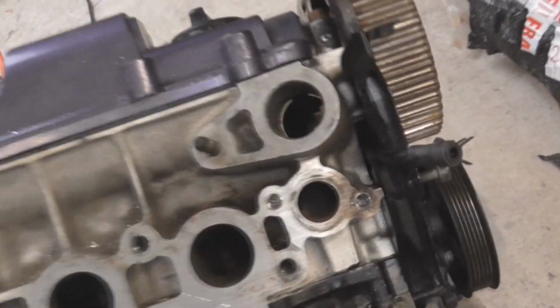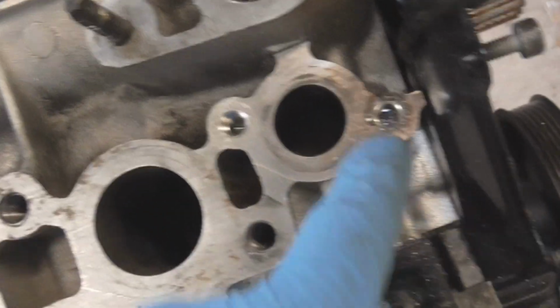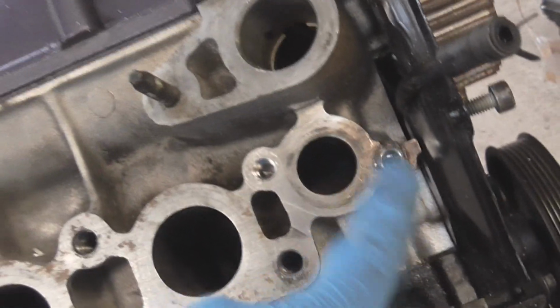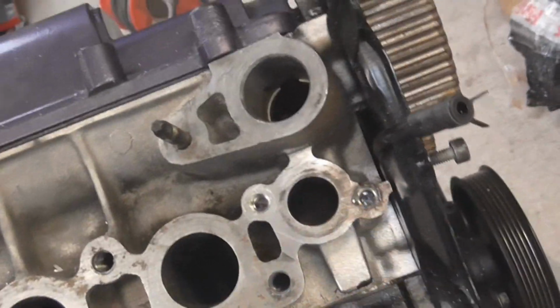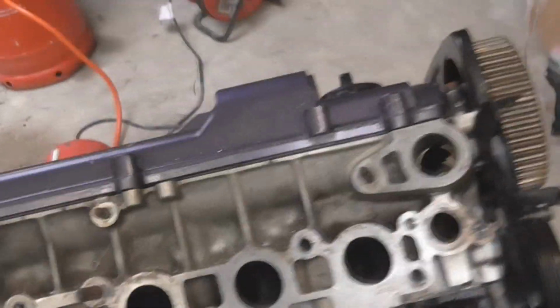Obviously these only have small bolts anyway. But they are done. I'm going to need to blow that one out a bit more and clean up this top bit. We had to weld and all sorts to get that one out. Had a snapped stud in it. But I have two fully working holes, and if we get the bolt, which is,